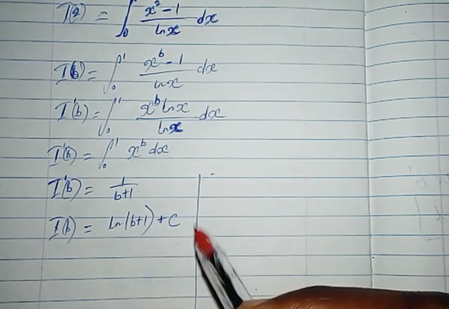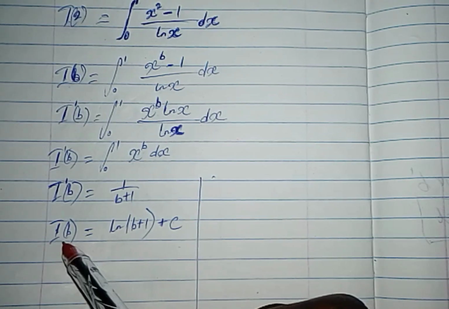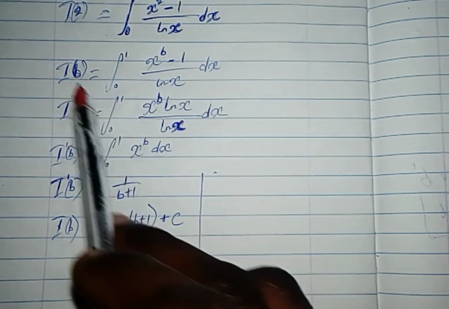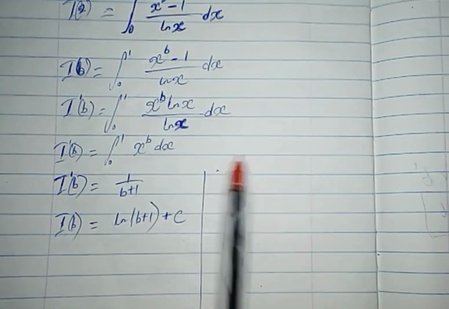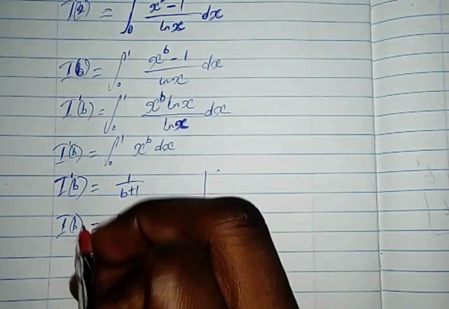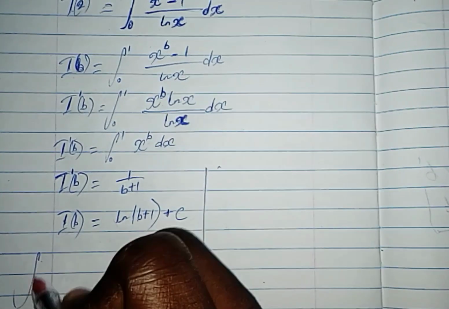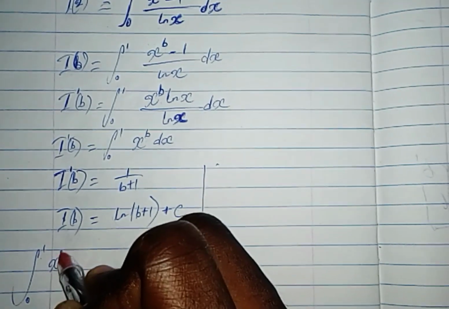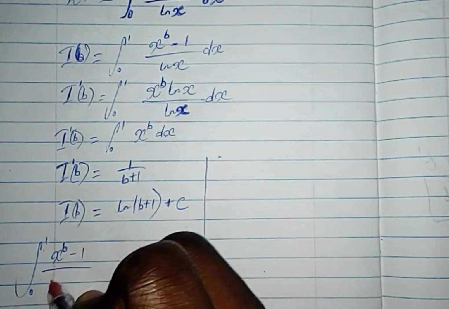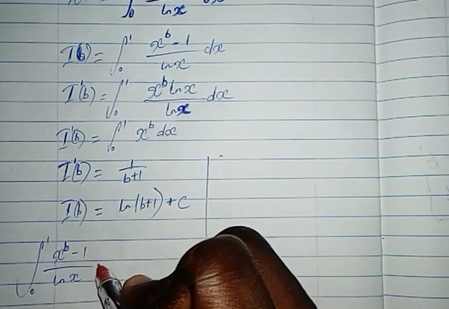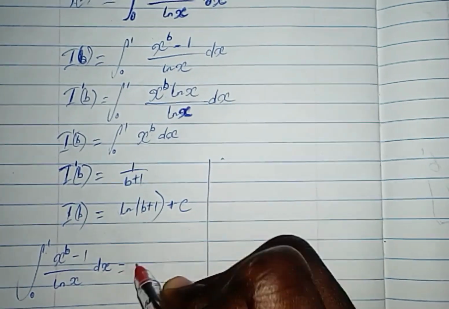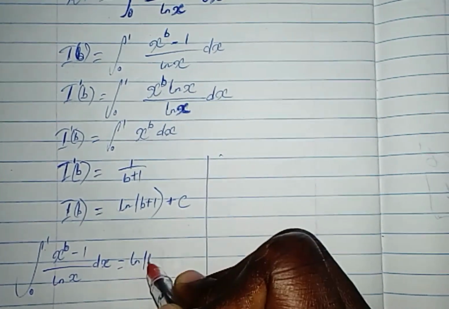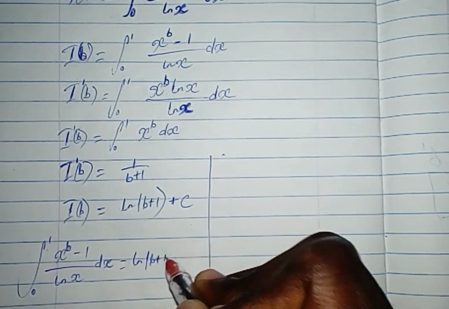In finding c, we know our I of b is this, and our I of b from here is this. So why not equate both? We have the integral from 0 to 1 of (x to the b minus 1) over ln x dx equal to ln of the absolute value of b plus 1